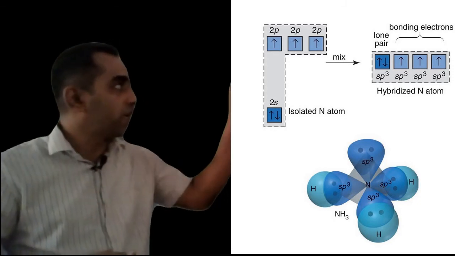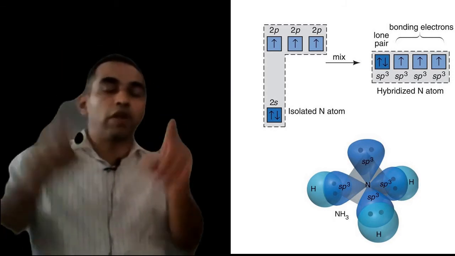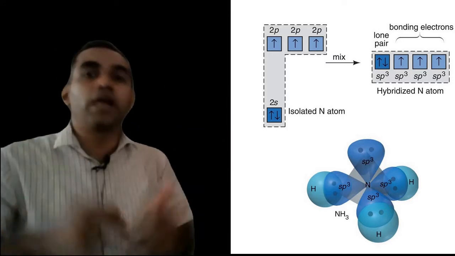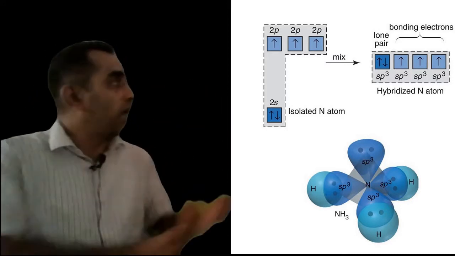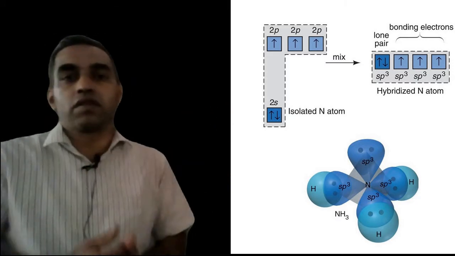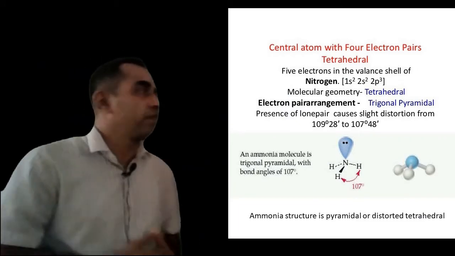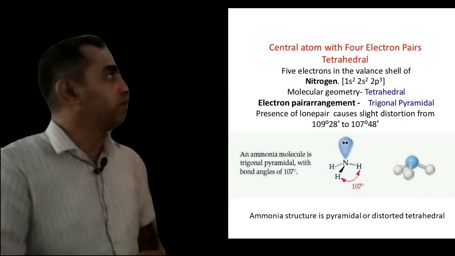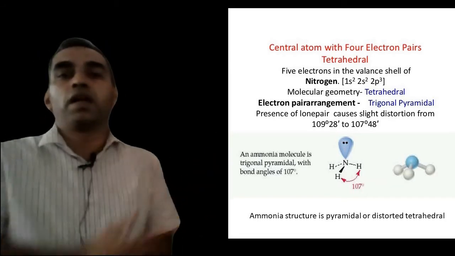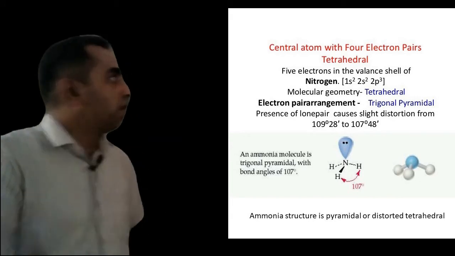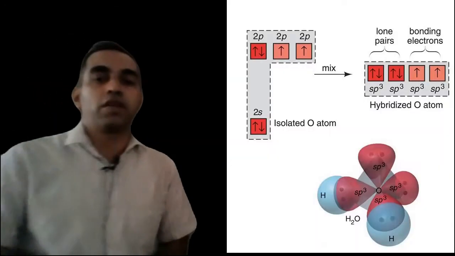So, you will get NH3, and there will be one lone pair of electrons. That is why it is distorted from the tetrahedral structure. You have a pyramidal structure. We do not have the proper tetrahedral structure; the structure is pyramidal. You can see the bond angle and bond length of ammonia are different compared to CH4, which is a regular tetrahedral. Now, we will consider another example, water.